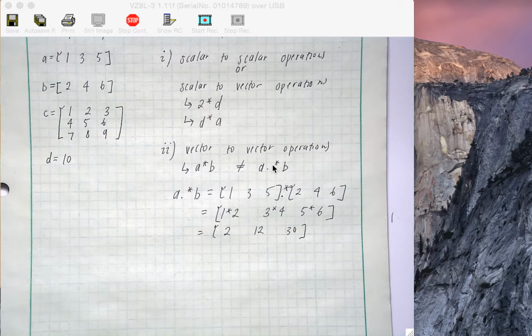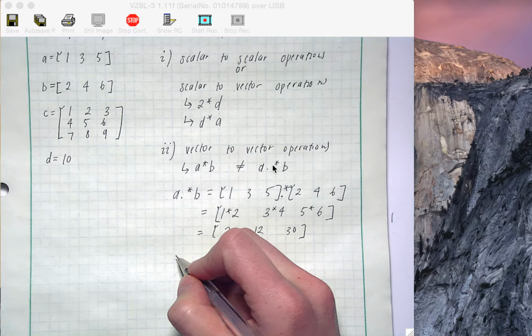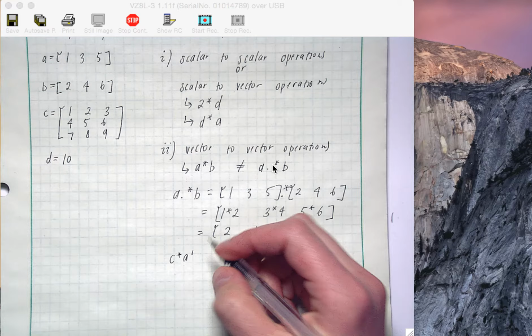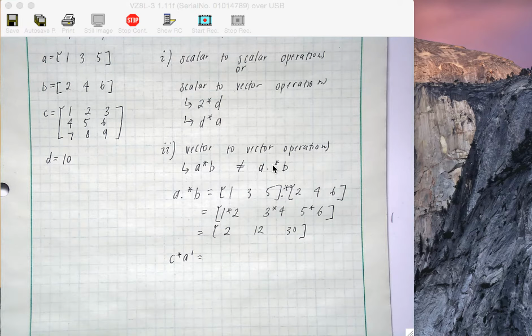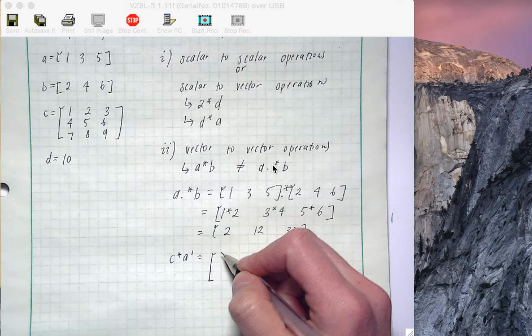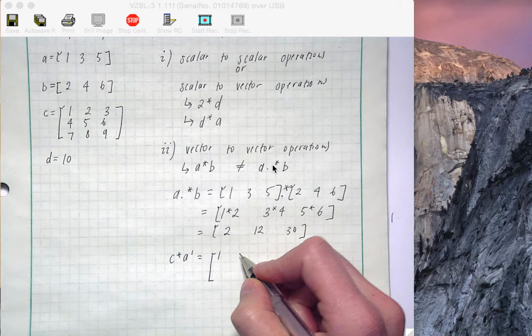Versus if you're going to do the multiplication symbol with vectors without a dot, it's doing matrix multiplication, and the only time we really use that for most people is in linear algebra. So if you take the C 2D array,